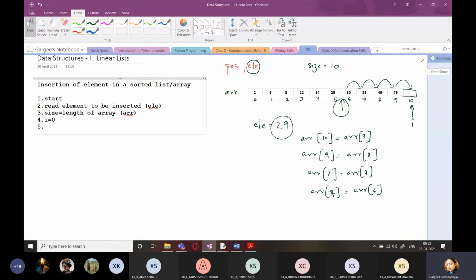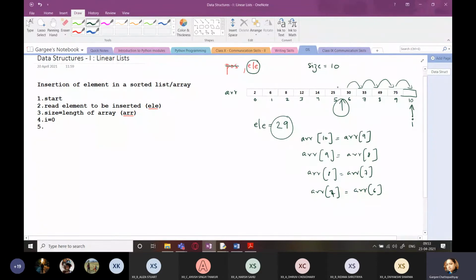How will we look for the position? We will check from the beginning. Is 29 greater than 2? Yes. Move ahead. Is 29 greater than 6? Yes. Move ahead. Till the time 29 is greater than any element. Right now I'm not considering equality. I'm just considering while 29 is greater than any of the elements.